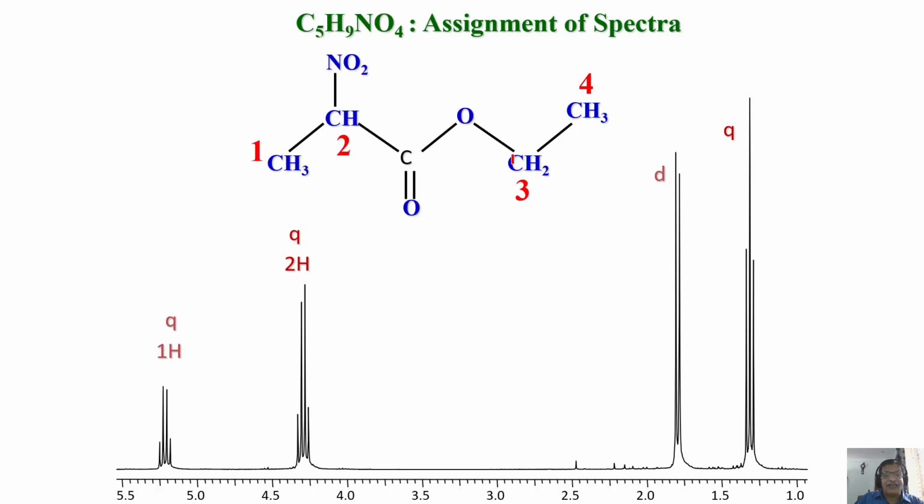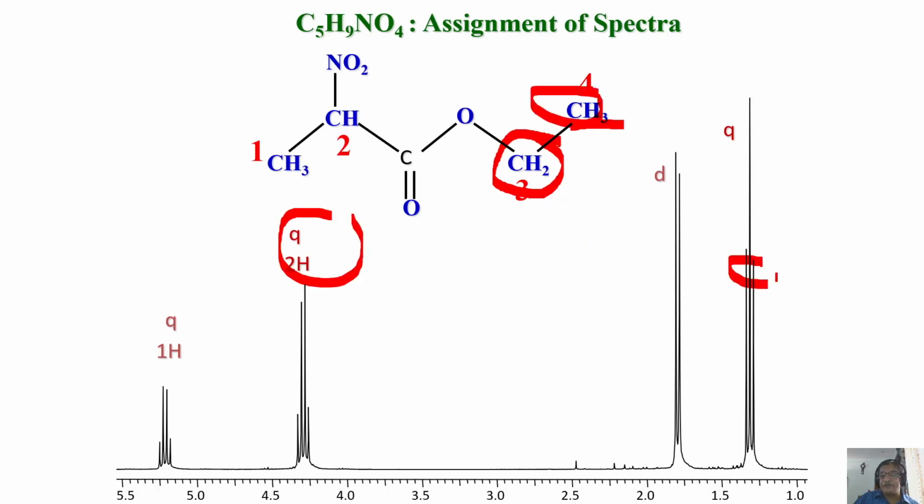You have to now understand, go by the intensity. This is also quartet, this is also quartet. But which is more intense? This is 2 times the intensity. Remember, compared to this. So this must be quartet where this group pertains to 2 protons. Then what it is? It has to be this. This quartet has to be this, which is coupled to CH3. So this is a CH2. This CH2 corresponds to this. This CH3 corresponds to this. Fine, done. Now what is left over?